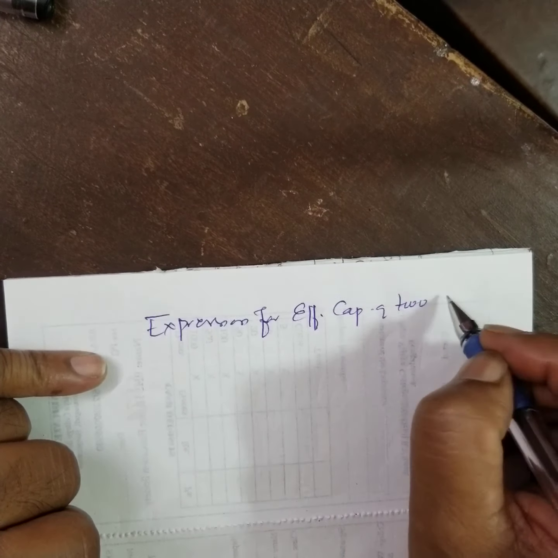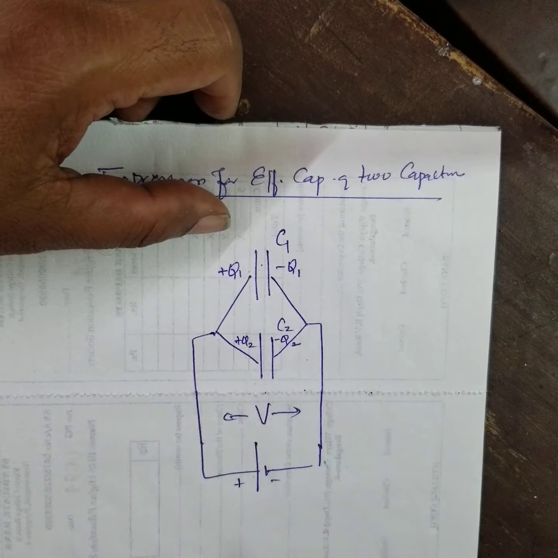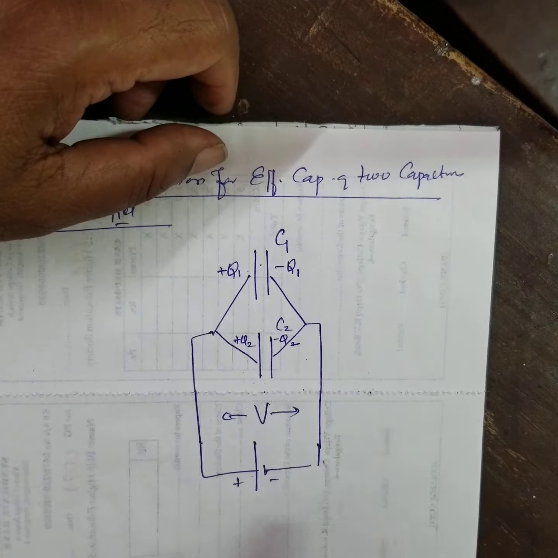Right. V is the voltage across this. This is a common voltage. Right? This is a battery, positive, negative. See, some students write, they don't know the difference between capacitors and battery. But be careful again. C1 and C2. Here, since it is parallel, there is common voltage, plus Q1, minus Q1, plus Q2, minus Q2. The capacitors are different, right? That means charges are different.